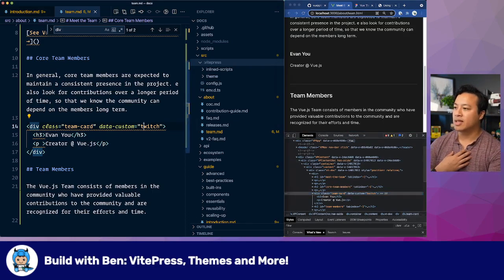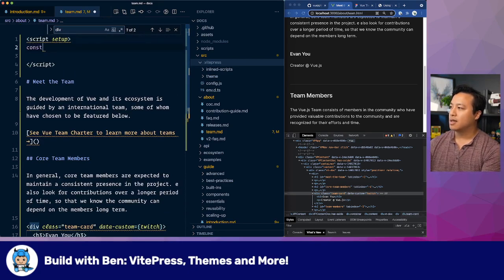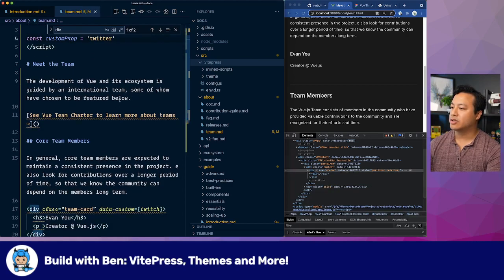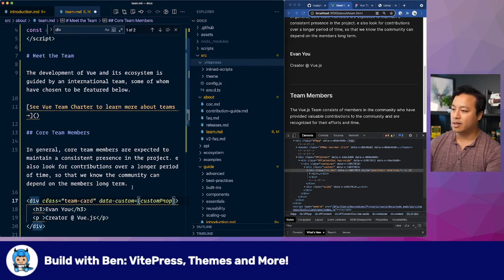In React, one of the nice things about JSX is that you would basically make this. So we would create a reactive element here. Let me import ref real quick to make this reactive, because we're going to be able to switch it. Then I'll say const customProp equals, and I'm just going to say Twitter now, just to switch it up. So now that we have this string here, typically you would say customProp here, and then React